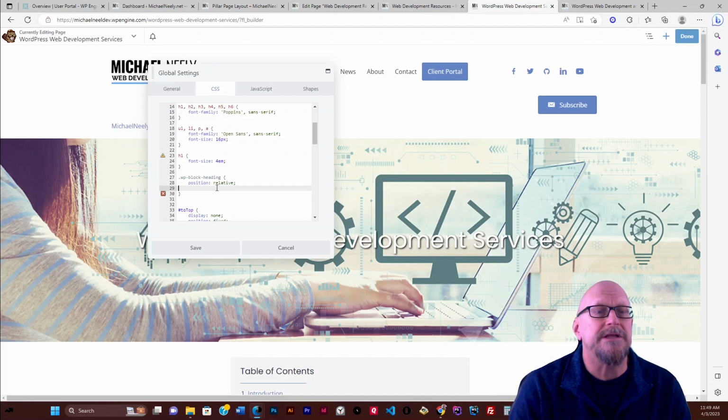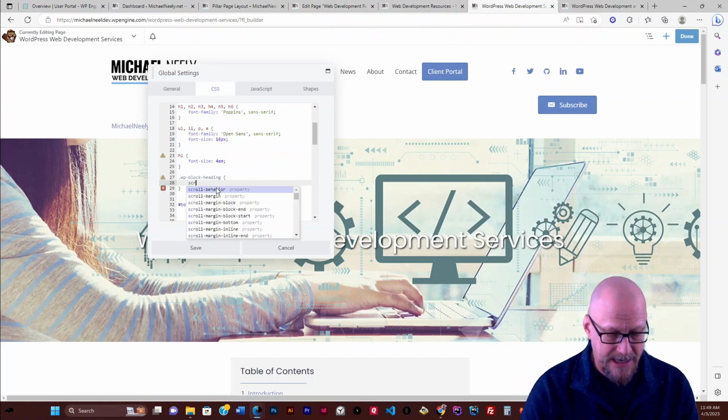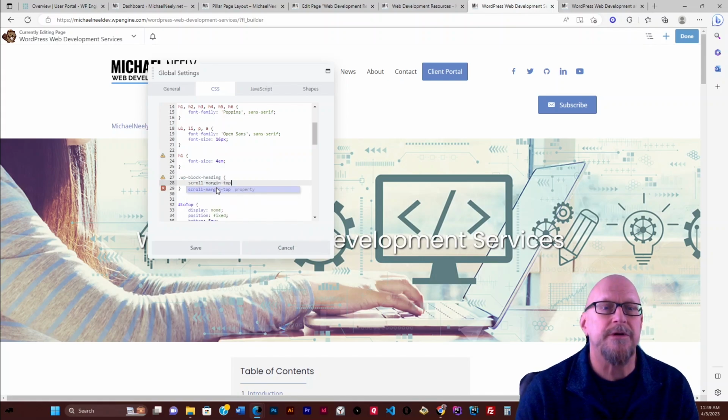But the way you do it is to use some CSS I was unaware of until today, because you learn something new every day, and I'm self-taught, so I get to learn everything all the time. You get to learn new things all the time. So we can do this. And